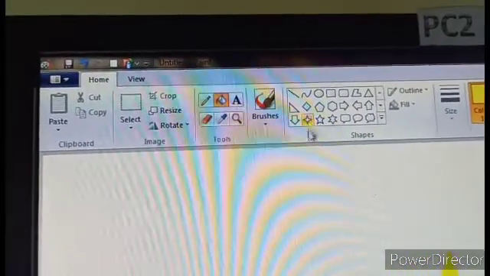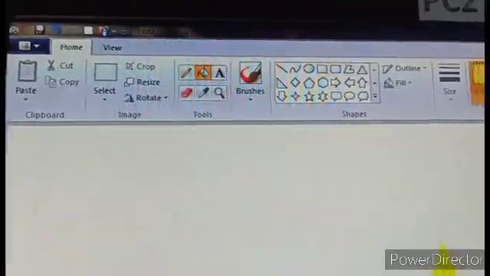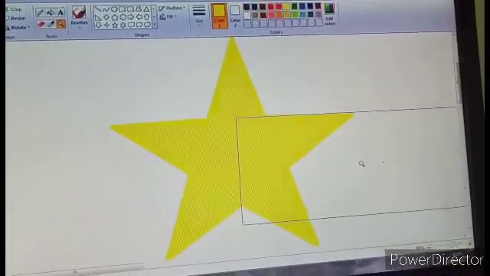Then is the magnifier. What are the functions of the magnifier tool? This tool is used to zoom in on a part of the picture. Suppose a picture has been drawn and there are some defects in it. How to find that out and clear it? Then you have to make it bigger. This is just like a magnifying glass. Click on this, one click on the picture. However many sizes bigger you want, just click. Suppose one size bigger, one click. See, it is now bigger than before.